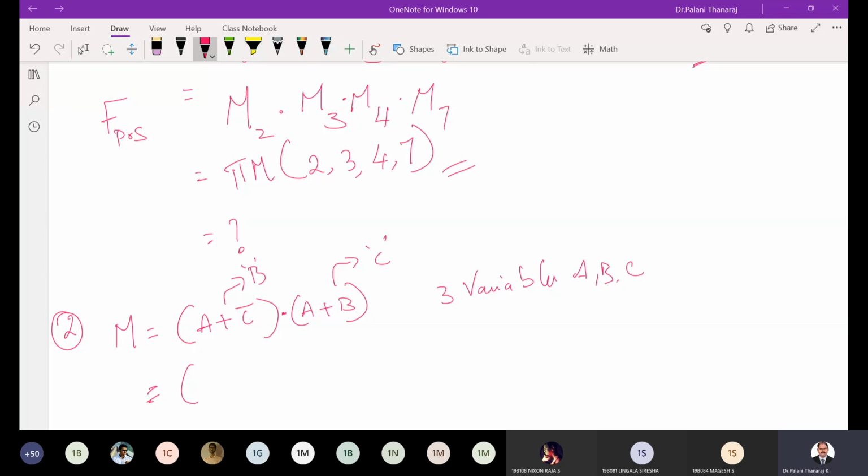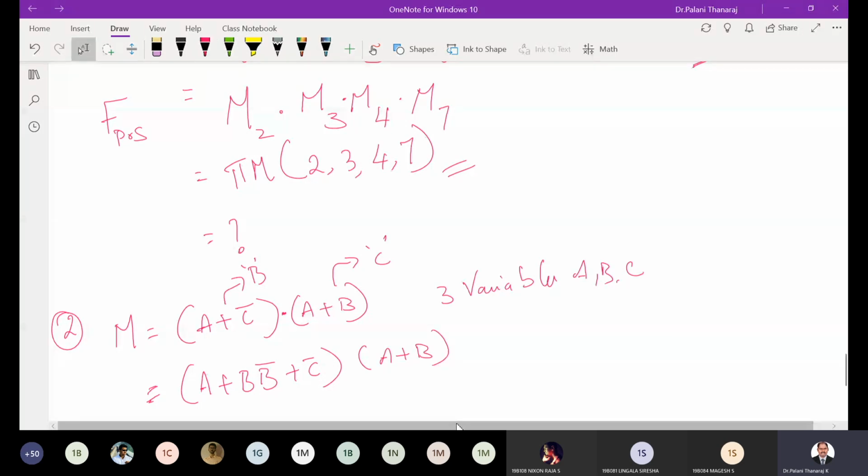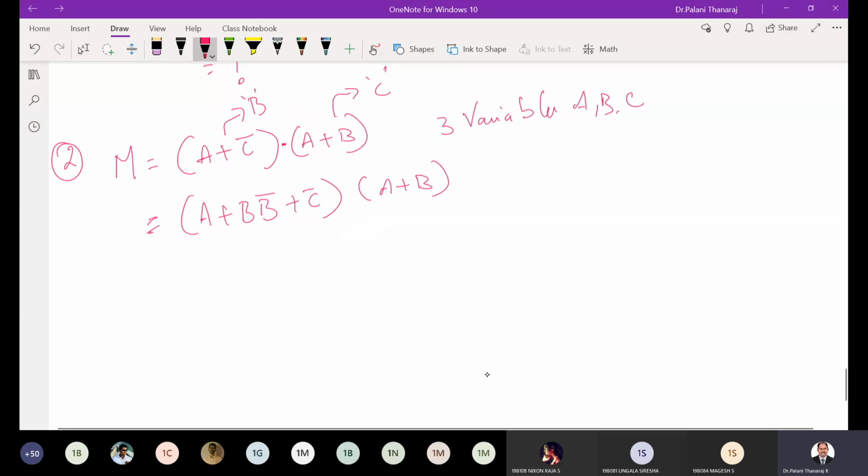B bar, very good. So here I have to bring in the missing variable. What I can do is A plus B bar plus C bar, right? You agree? Let me do one step at a time. It's like adding 0 to this expression. B bar is 0. Adding 0 to an OR logic doesn't change it, it retains the original logic, so you can add 0. I'm adding 0, but I'm going to replace 0 with B bar.